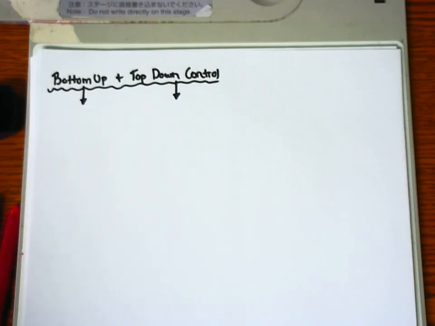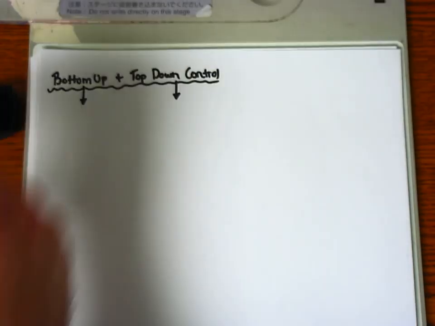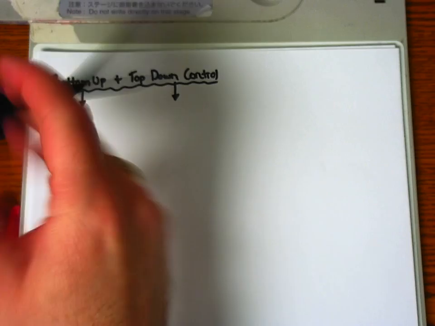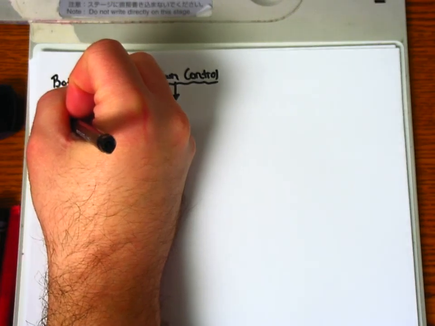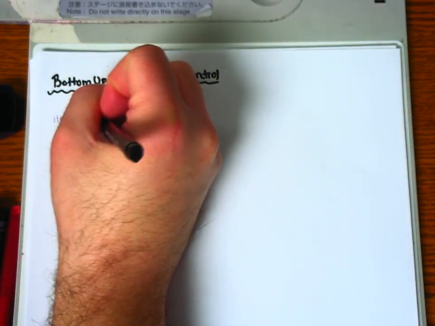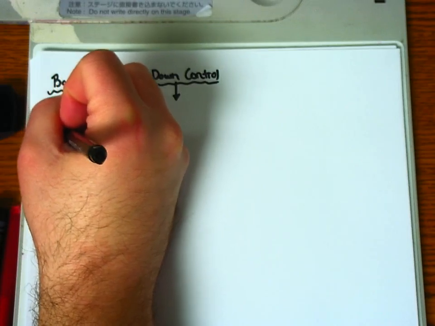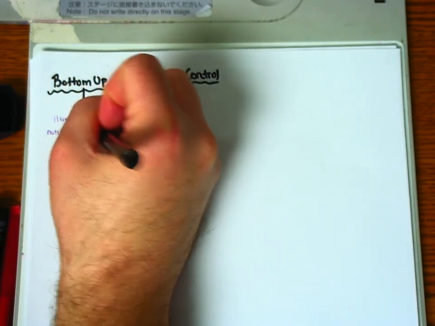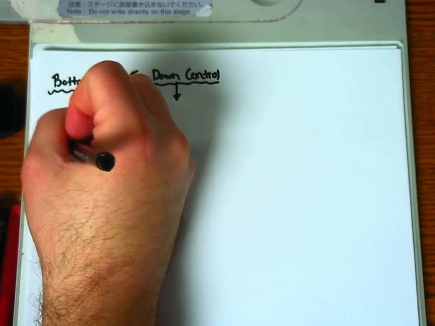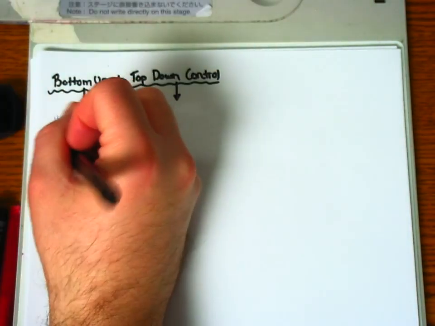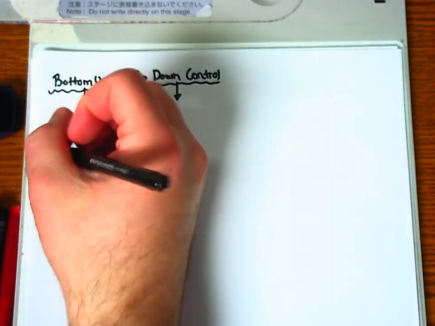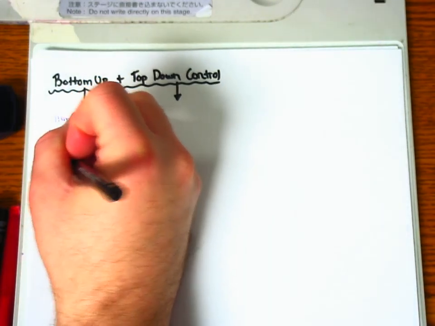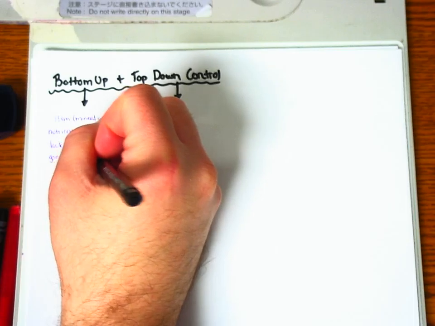Okay, so let's talk about bottom-up models of control, and then let's talk about top-down models of control. In a bottom-up model of control, basically there's typically a lacking mineral, an item like perhaps a mineral or a nutrient that is lacking. The influence this lacking mineral has goes from lower trophic levels